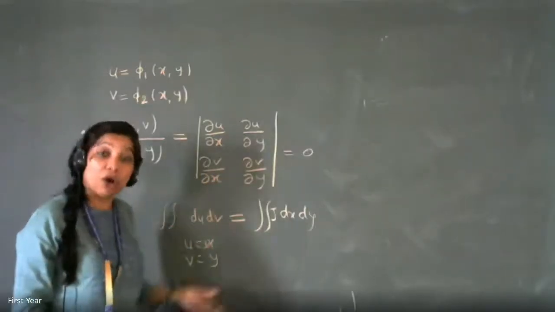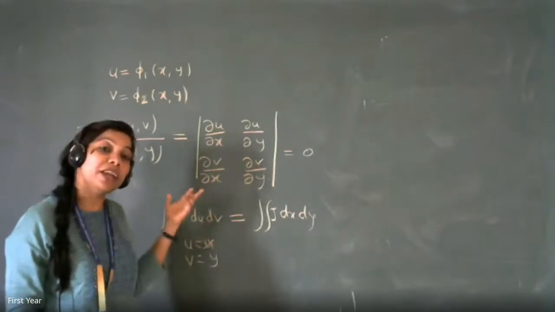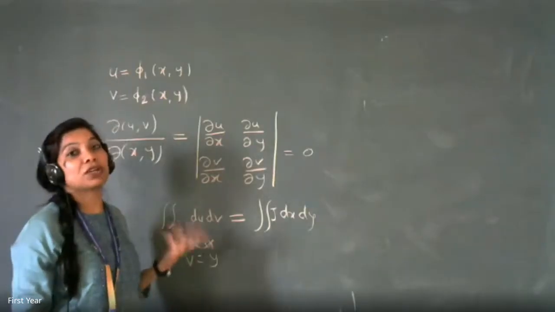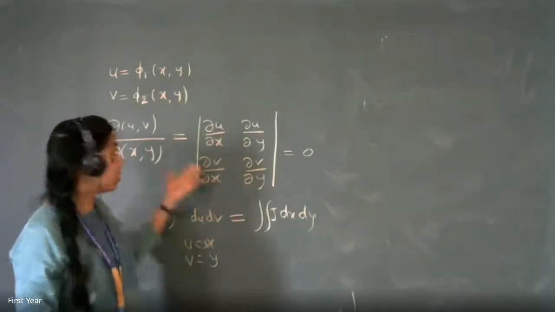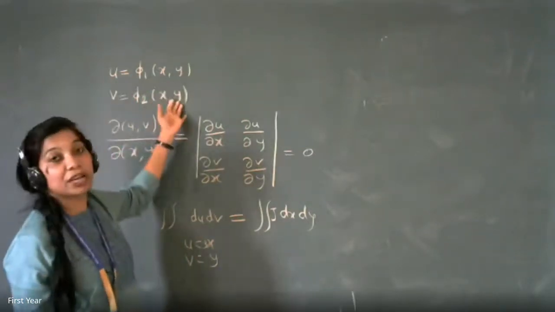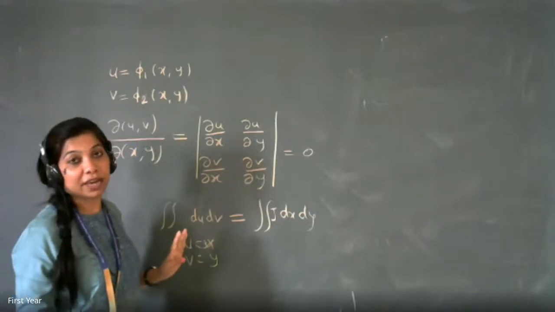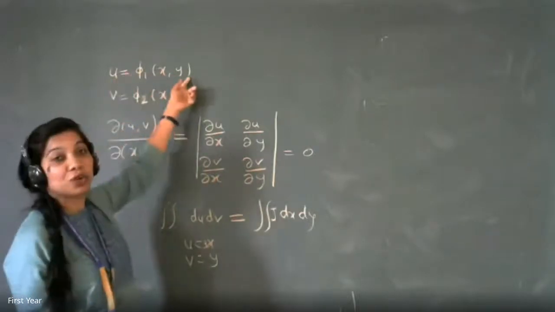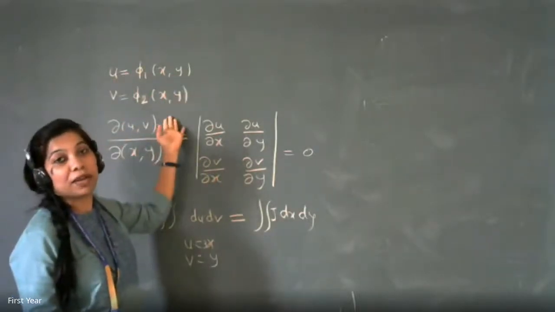That's one thing. Or when is the determinant of any matrix 0? When the function is constant, obviously all the terms will be 0. So either u and v are constant, not depending on xy. That case is removed. Second thing, one row will be zero. If one of the rows is 0, then one of the functions is only 0. So I am left with only x and y.